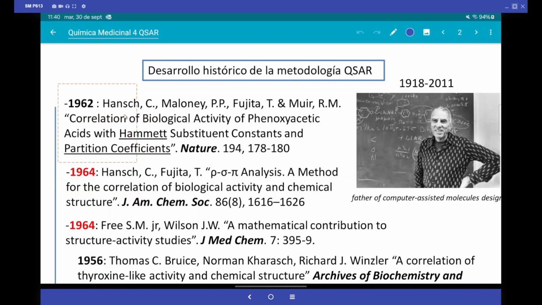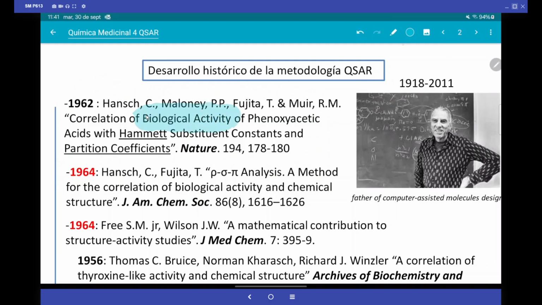Let's see what I'm going to do. We're not going to see the articles in detail, but yes, extract from some of these articles his proposal, that is, a little internal tour of how he comes to a proposal of a mathematical equation. Here in this photo, in the background, you can see that there are numerical expressions. Here it is saying the following. Notice, it says correlation of biological activity. Okay, then the question that is going to arise here is, does this only serve